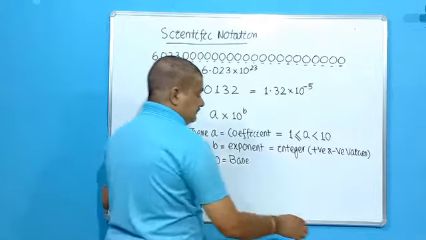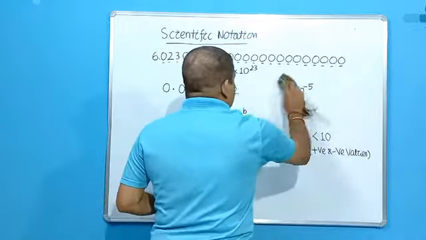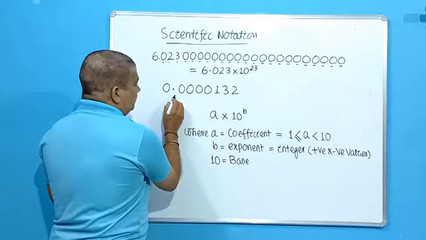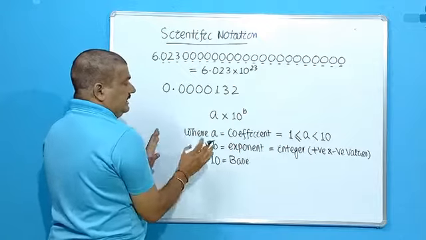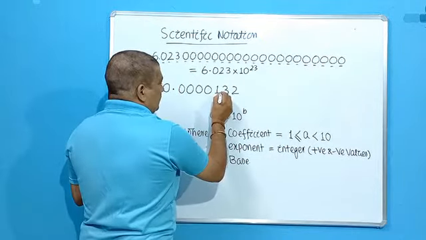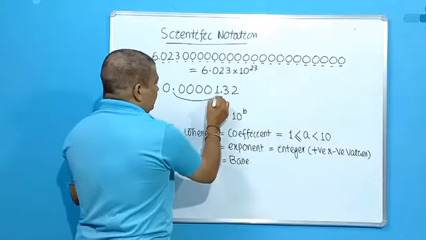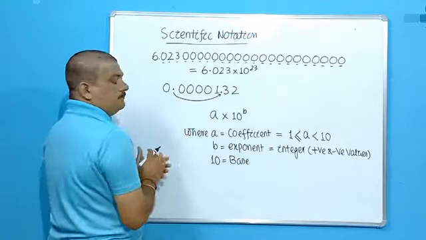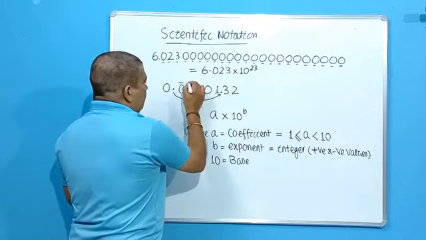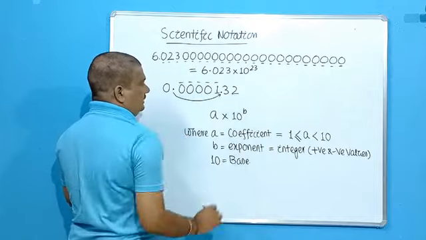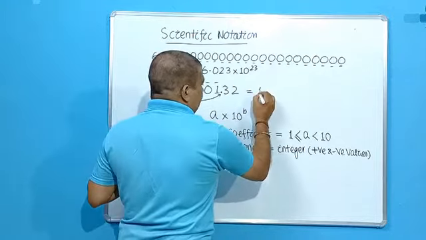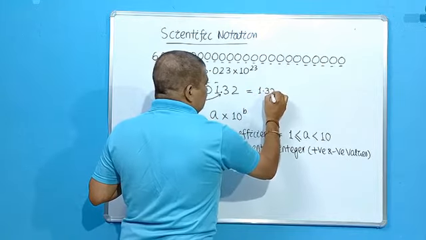Okay. Now look at this small value again. We will learn how to write it. Now it is written here, and a cannot be less than 1. That means the decimal point has to be moved from here to here. Then how many places are we moving? 1, 2, 3, 4, 5. That means we have moved the decimal here, so it will be 1.32. No doubt regarding this.